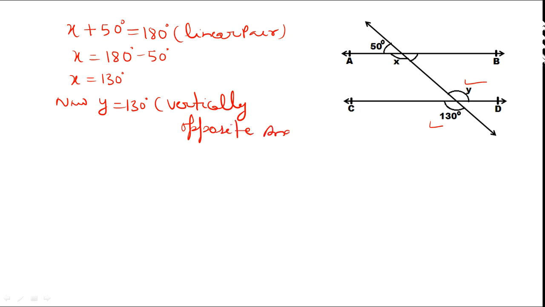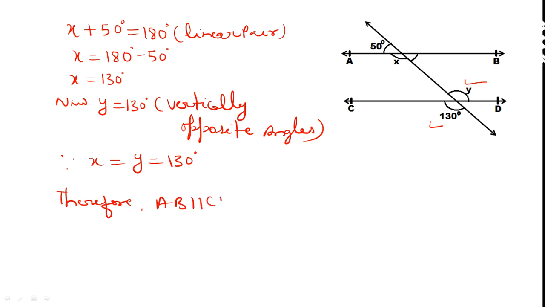And you can see x and y are equal. Earlier I said that x and y will be equal if AB and CD are parallel. Since I am writing it here, since x is equal to y, 130 degrees, alternate interior angles are equal. Therefore, line AB and CD are parallel. Therefore, line AB is parallel to CD. So our work is done. This was to be proved.